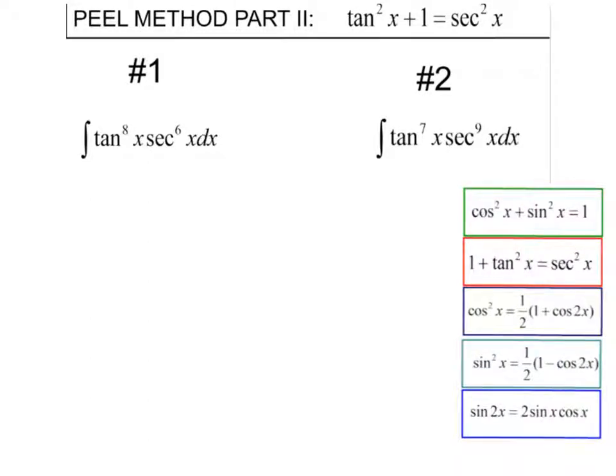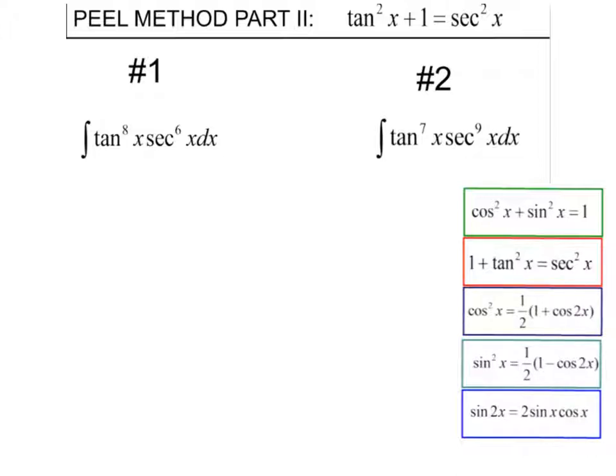All right, in this video we're going to look at another couple examples of the Peel method. And you can see I put some trig identities up here, kind of the important one we're going to need. And we're going to look at two situations to begin with: if there are even powers and if there are odd powers. Well, if there are even powers in both, tangent of x to the eighth, secant of x to the sixth, knowing that the derivative is tangent, okay, I'm going to start,